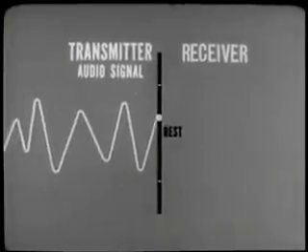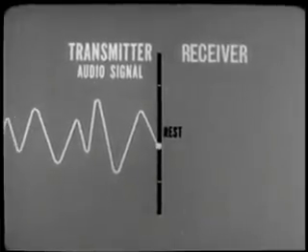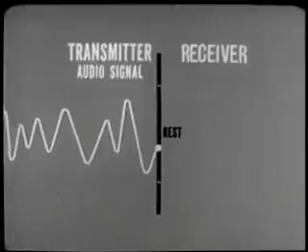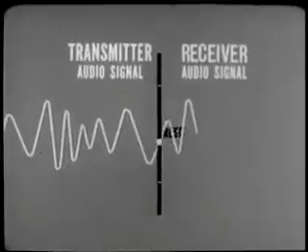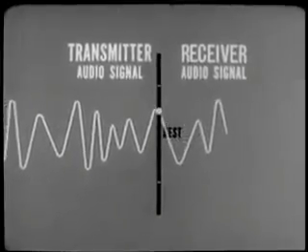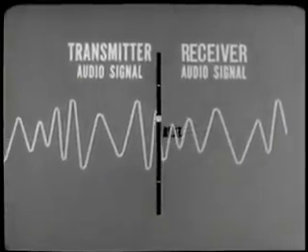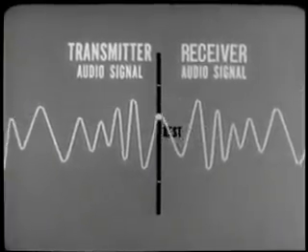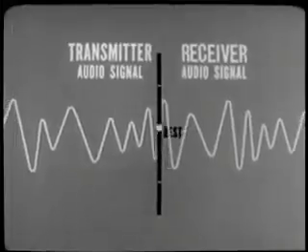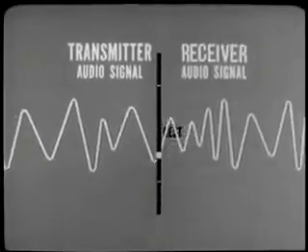The transmitter audio signal shown here modulates the carrier frequency. The audio signal crosses the frequency to go above and below rest. This same FM signal arrives at the receiver, has its peaks clipped by the limiter, and its frequency variations changed to an audio frequency signal, as shown by the receiver audio signal. Note that the receiver audio is an exact replica of the transmitter audio signal, free of interference. The FM principle of radio communication demonstrated here is a practical, useful technique. It has made FM radio equipment an important part of the Army's overall communication picture.